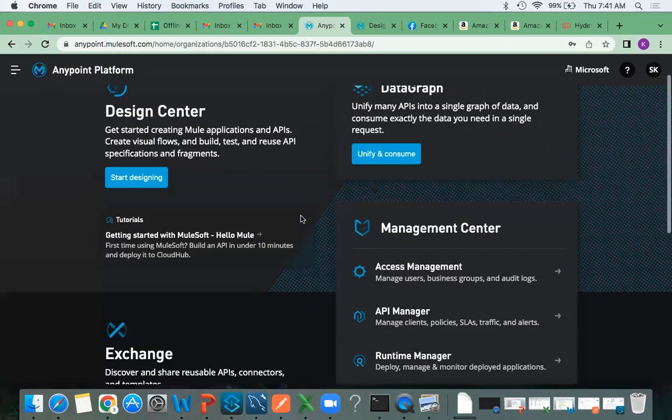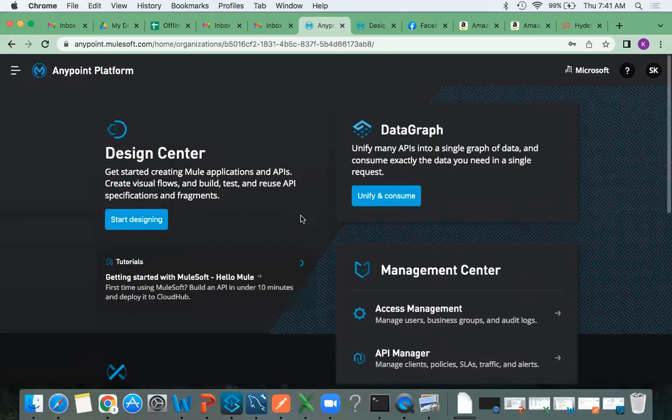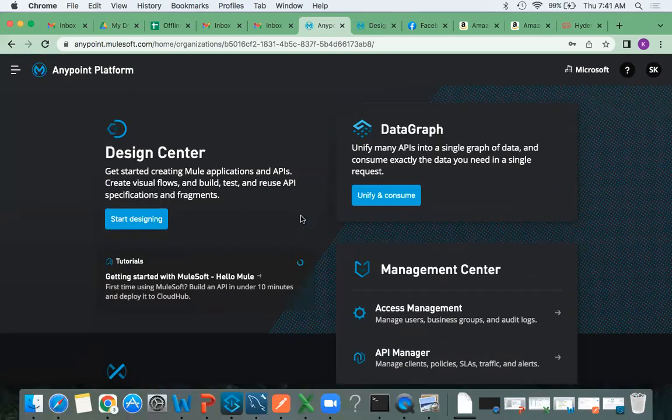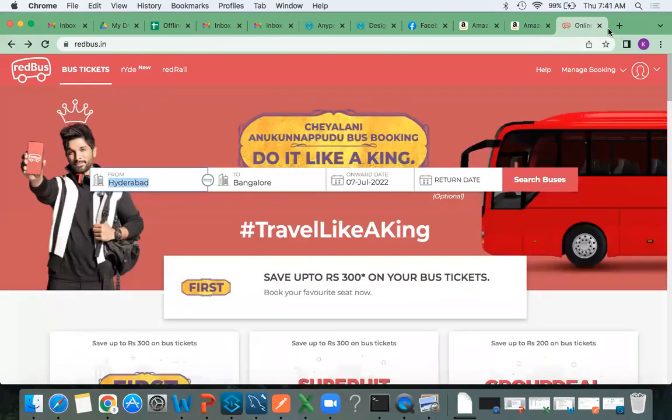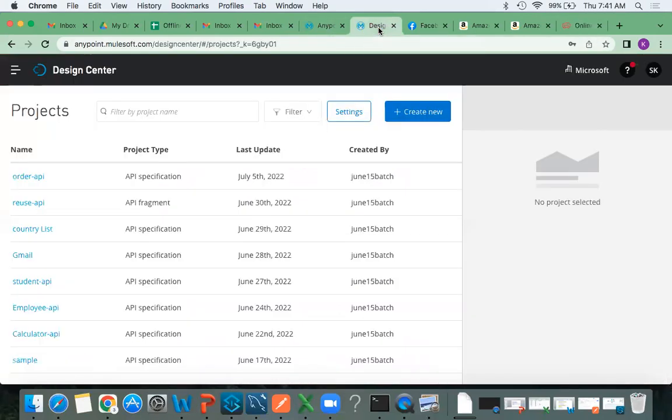For example, right now, you are seeing the red bus account. First, we have designed the API. Then those APIs, you have to implement with drag and drop. What are the applications? First thing, Studio. Whatever it may be, whether it is a red bus or Abibus or Nokia example,